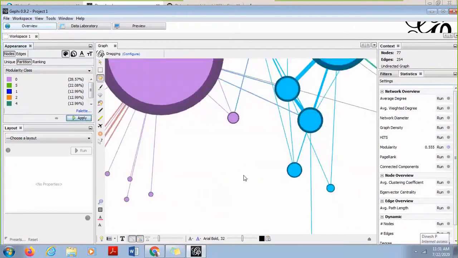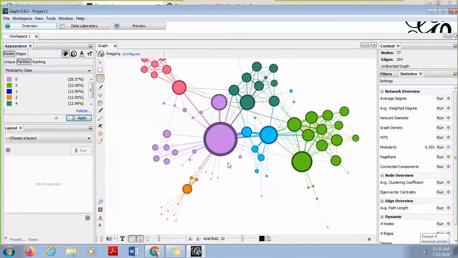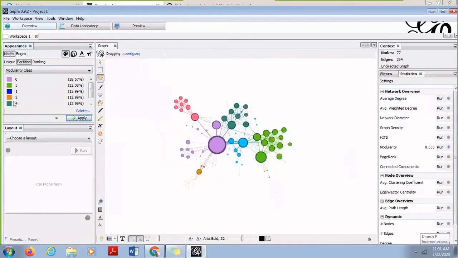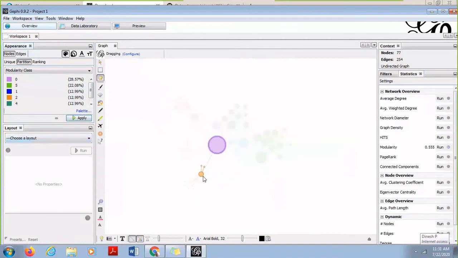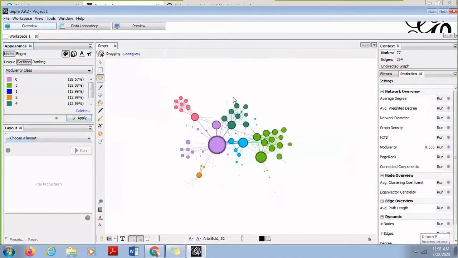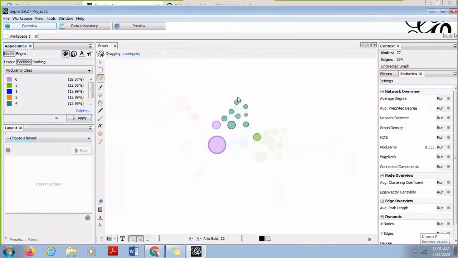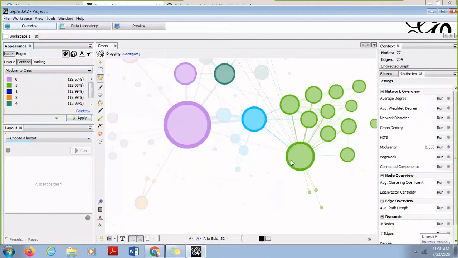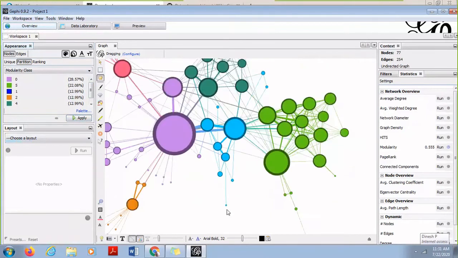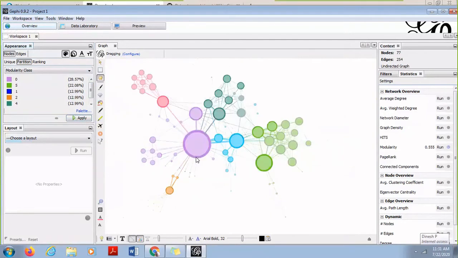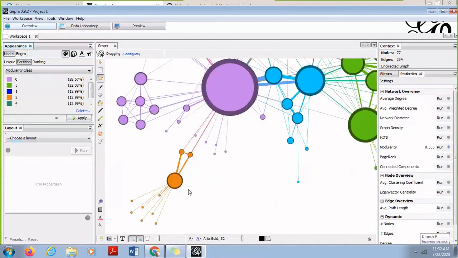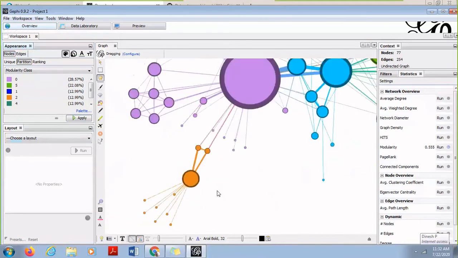The blue one is not visible over here. Then you have another orange, which is this class, okay, and then you have a green class which is visible over here, okay. The blue color you are not able to see because it is not within this component. It must be somewhere in the network, which is not a part of this major component which we are trying to analyze, okay. So here you can see that these are the different nodes.